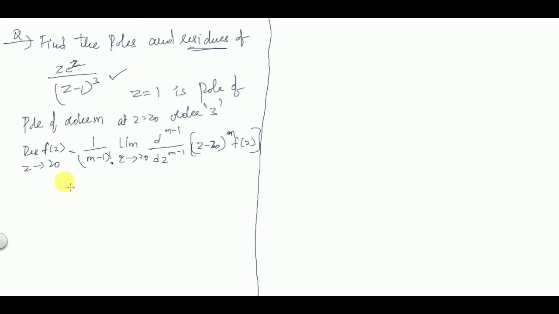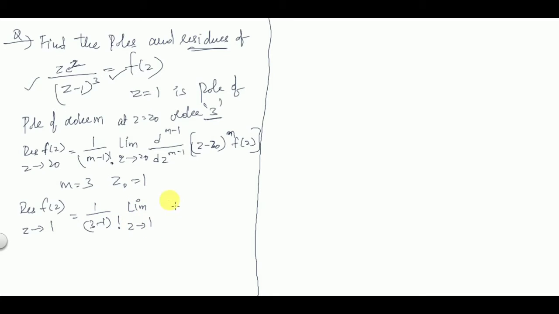So now we have m is equal to 3 because it is a pole of order 3, and z0 is equal to 1. So substituting that, the residue of the given function, which I'm taking as f of z, at z is equal to 1 is 1 by (3 minus 1) factorial into limit as z tends to 1